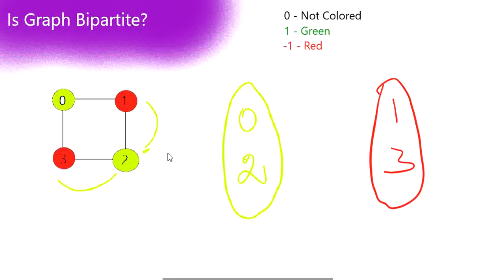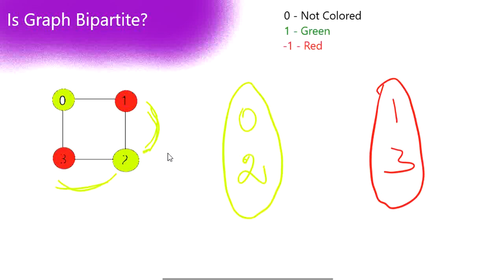So we are checking whether they are already colored. Yes, they are colored. If they are colored, we check whether both of them are in the opposite color. If they are in the opposite color, then leave and go to traverse the next node. If not, if their connections are also in the same color, then there exists a link between the numbers in the same set, so it returns false. So here in our case, 1 and 3 are in different color, so they are from the subset 2. So in this case, true is also passed.